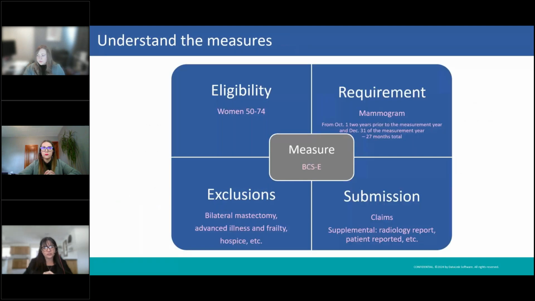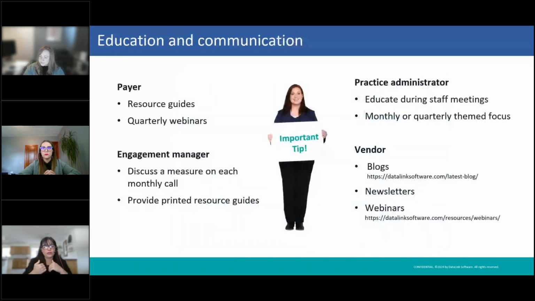It is impossible for today's webinar. But not knowing this information and educating everybody involved in the process will definitely hinder your ability to create a successful strategy. So education and communication must be at the center of any strategy approach you choose. You know, the BBC team works one-on-one with many provider groups to help them strategize and close gaps in care. And I am always so amazed at the lack of information they have about the measures and how to close them and all of that. So one of the first things we do is usually aim to do a full HEDIS education for them so that they know exactly what needs to happen in order to close those gaps in care.